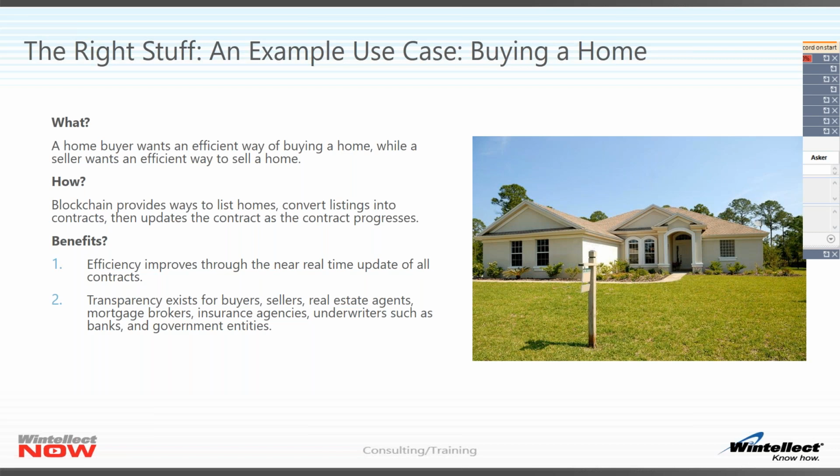You have all of those various components that are part of that process, and a blockchain would be a good way to handle that. If you didn't, of course, put the personal information on there, but it could help facilitate